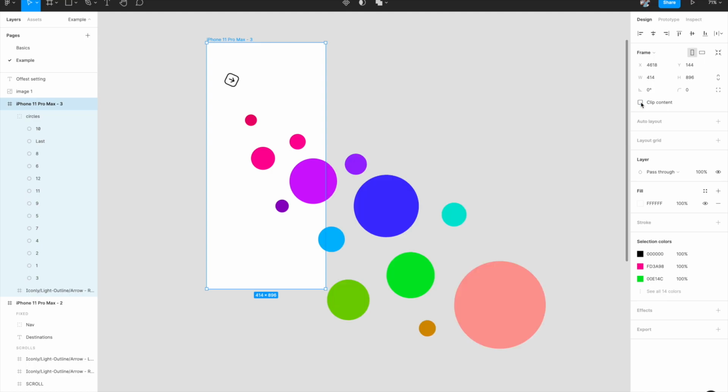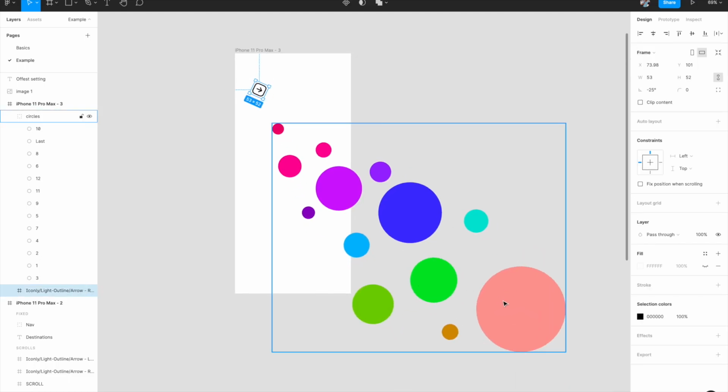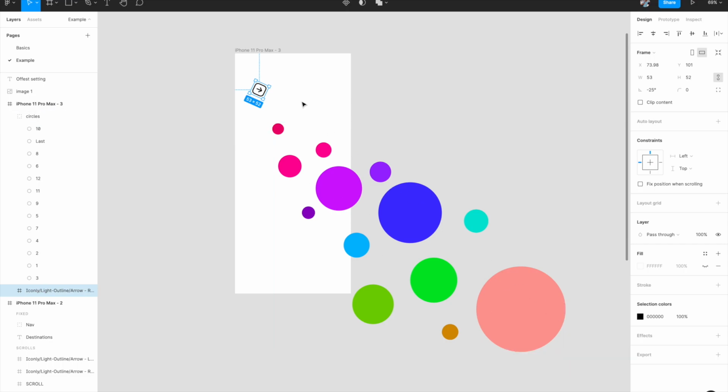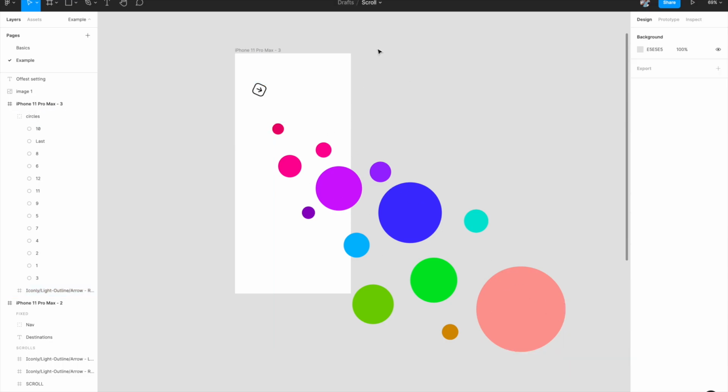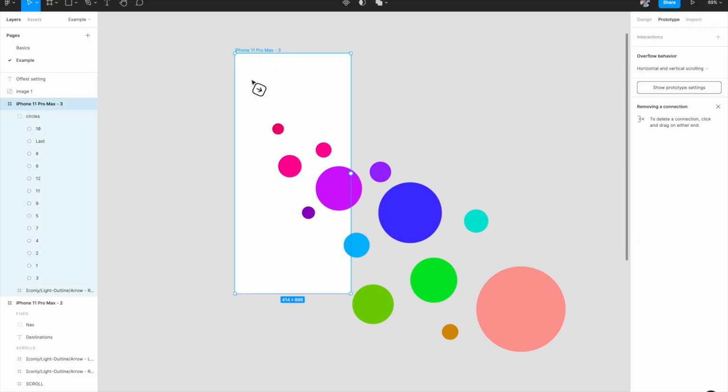Okay. Now there's a button which I want to press to go to, let's say, this red last circle, and that's in the diagonal position. So what I want to do is I'll select the artboard, I'll go to my prototyping settings, and the artboard should be both horizontally and vertically scrolling, because we want the anchors to move in both directions, because this is diagonally placed, so it has an X and Y value both. So make sure horizontal and vertical scrolling both is enabled for the entire artboard.